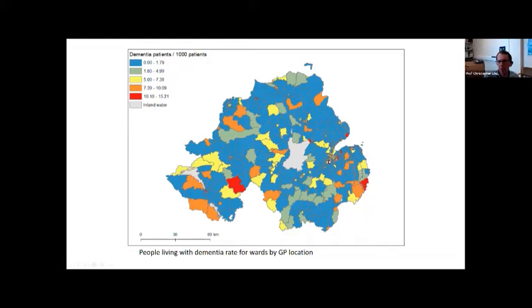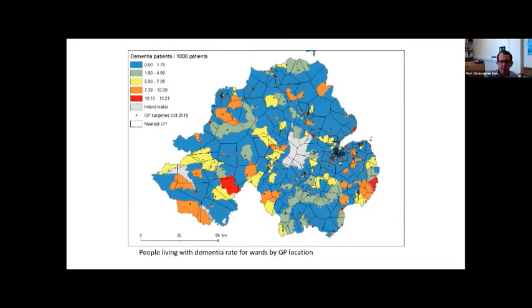Particularly if you look at somewhere like parts of Belfast, where it's very, very likely that people will not live in the same super output area as where their GP practice is located. Often they'll be traveling across the border between areas, even though they won't necessarily know that they are. So that's the most obvious thing we can do, but it is, as I've said, limited.